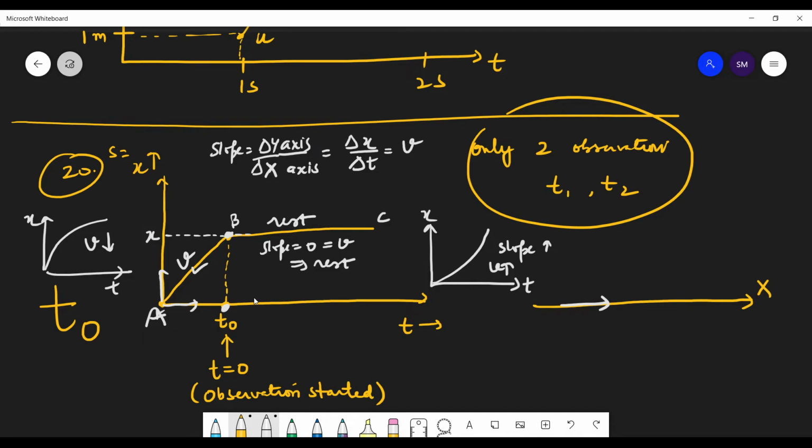We have one more question, which is question number 28, which is related with this graph. So the options are: the body starts with a certain velocity but the motion is retarded and finally the body comes to rest. सही है या नहीं है? The body started with certain velocity. बॉडी एक वेलोसिटी से स्टार्ट हुई, ठीक है,